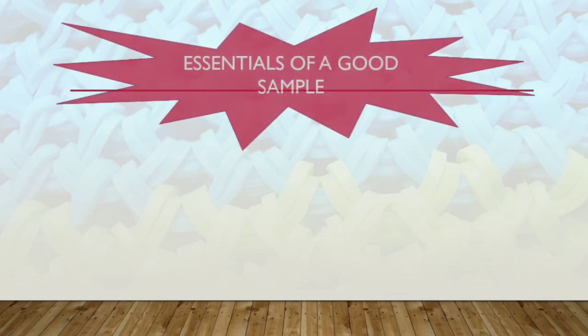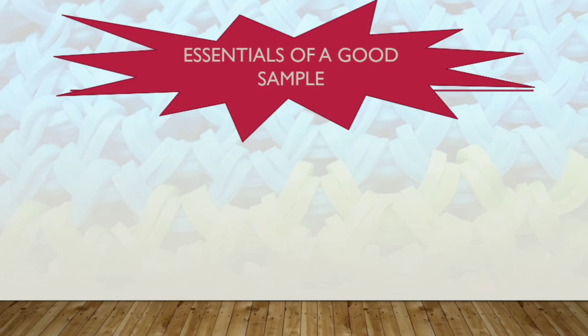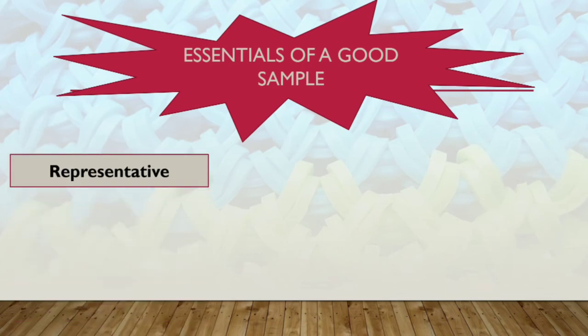So, after the difference between census and sample methods, it is time to know the essentials of a sample. That means how a sample should look, what should be the qualities of a good sample that is unbiased and therefore should give a right conclusion. So first of all, it should be representative. What do you mean by representative? That means a sample must represent all types of characteristics from the universe. For example, if the universe has different religions, the population has different characteristics. Therefore, a sample should also have different characteristics.